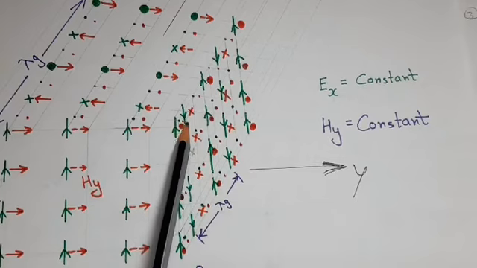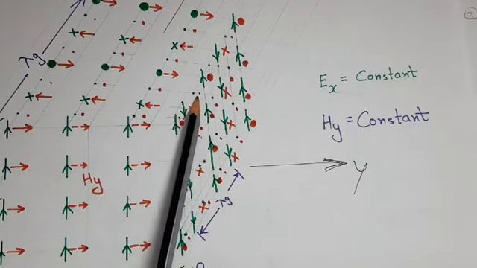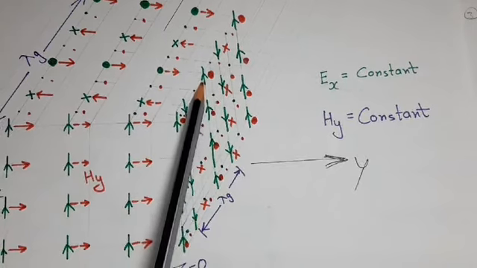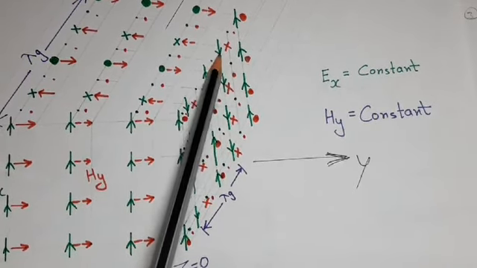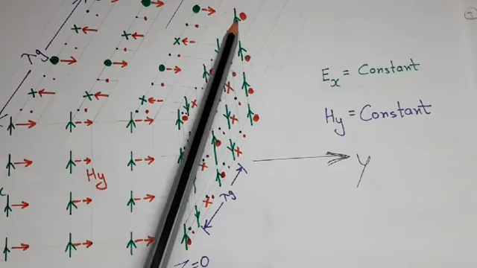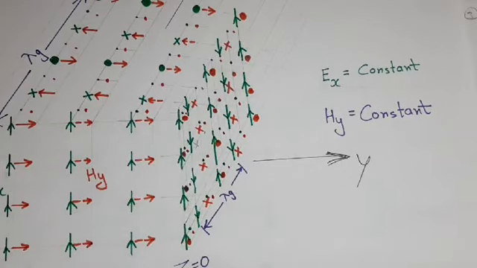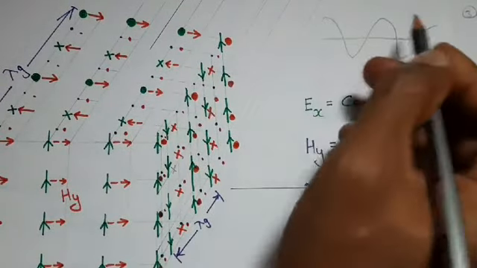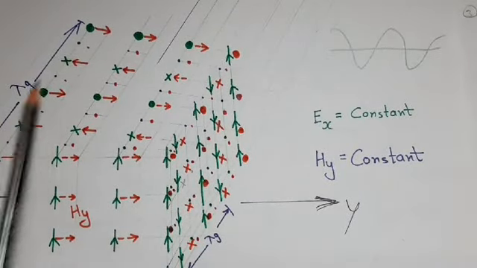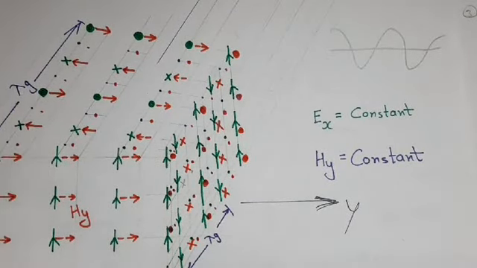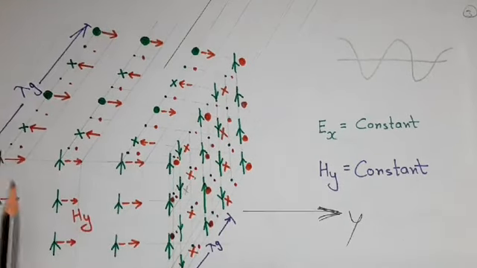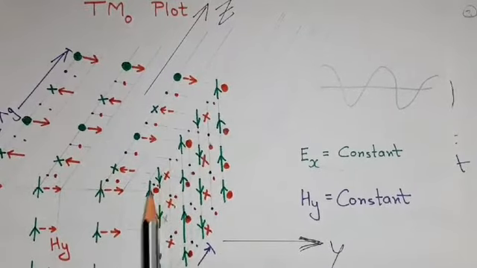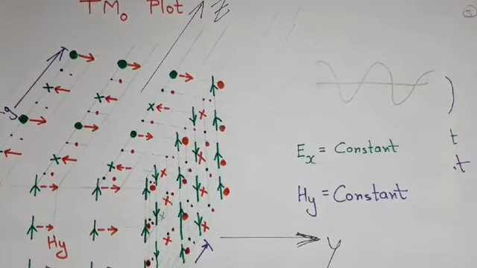So after negative maxima, again 0 will come, and then again positive maxima will come. After positive maxima, 0 will come, then negative maxima will come. Again 0 will come and positive maxima will come. So in this manner, Ex field would vary in z direction. If we talk about wavelength lambda g, then this length is lambda g, because in this length in z direction, field has completed its one cycle, that is from maxima to again maxima. Now in x direction field is constant, that's why same pattern of Ex will repeat in x direction, like this, this, this and this.